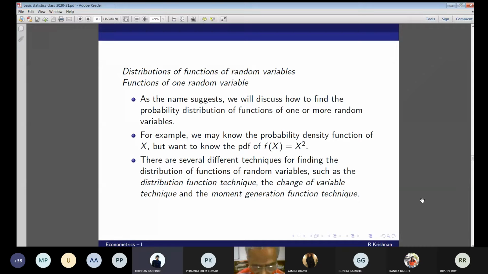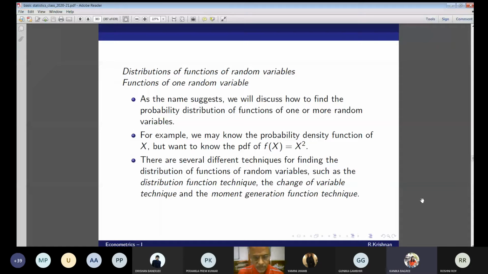So what you say is the simplest case of transformation. What I have given here is also the simplest transformation. So I have a random variable x. Now I'm defining y is equal to x square, which is a function of x. How do you tackle all this stuff? Given the distribution of x, what will be the distribution of x square? So the next few slides will concentrate on that.